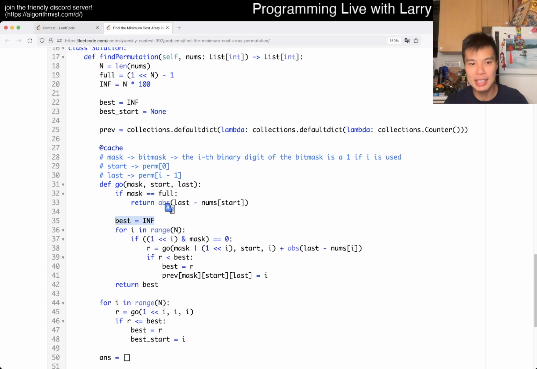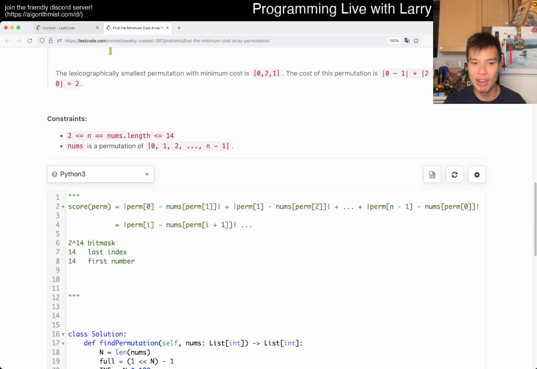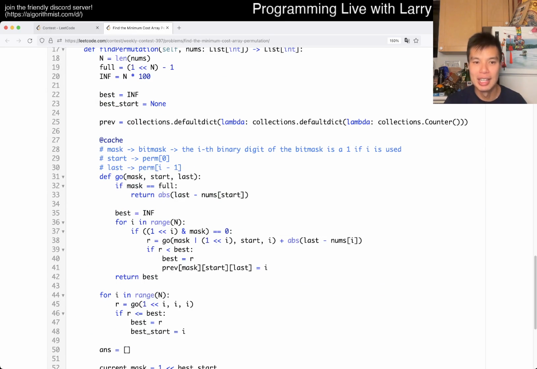We set it to infinity. We brute force trying the next number, if it's unused, that's all this is saying. I mean, bitmask may look confusing, but this is all it's saying. If this ith digit is not used, then we do a recursion. We set this bit to true so that we set ith number to used. We keep the start because we don't change the start. And then the next last digit is going to be I. And then we add the cost, and this cost is, of course, one of these costs, right? That's how that works. And then if R is less than best,